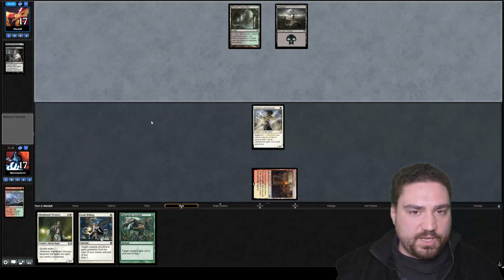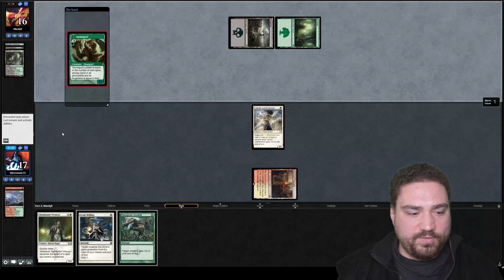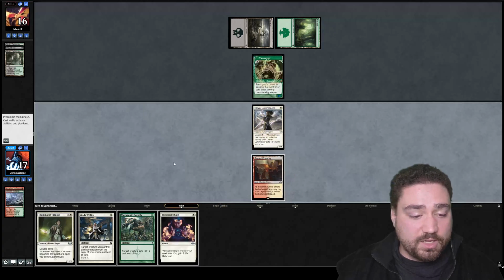All right, there's the Verdant Catacombs. How much damage are you going to deal to yourself? Basic Forest, not a lot. Goyf boy! Nice to see you, Goyf boy. We really want a land is what we want. Real bad. Blossoming Calm is not a land. So, tell you what's gonna happen now. We're going to attack with...